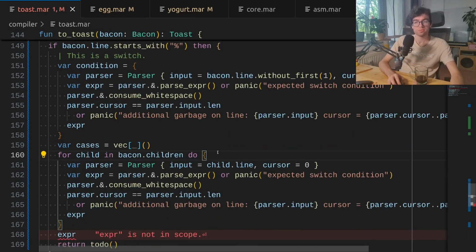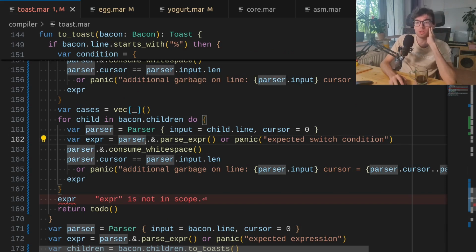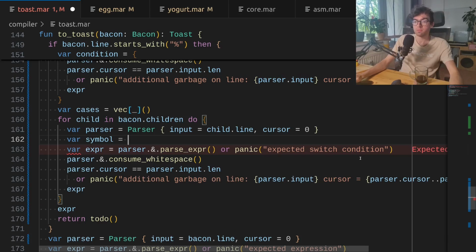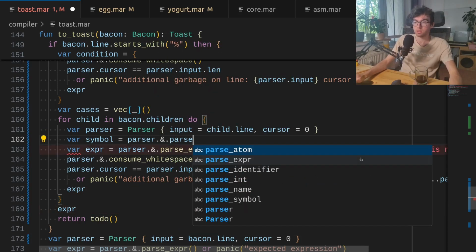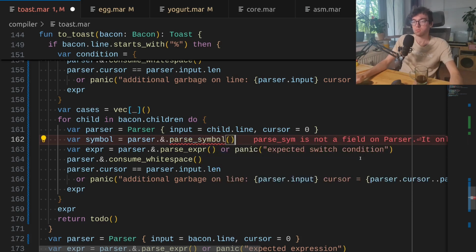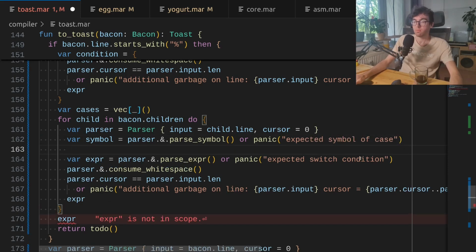Okay, so for each line, we don't want to pass an expression. No, we want to pass a symbol, which is parser.parse. Parse symbol. Nice. Or panic: expected symbol of case. Then we want to pass a colon. So parser dot